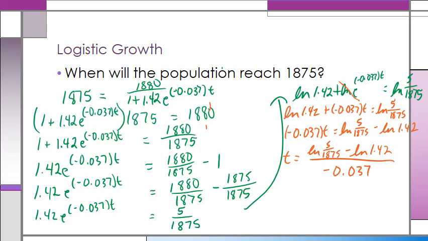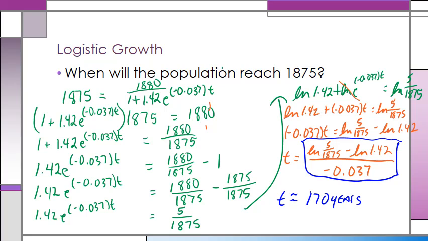And when I complete this computation in my calculator, I'm going to end up with t, the time it's going to take for the number of fish to reach 1,875. T is going to be approximately 170 years